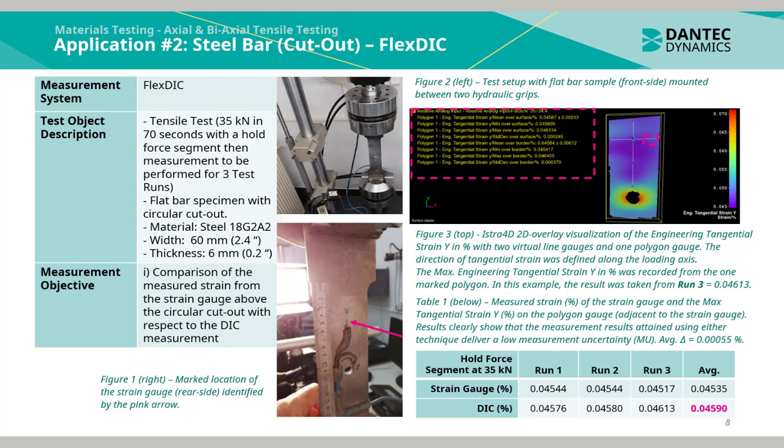In Table 1 below, we can compare the measured strain of the strain gauge and the maximum tangential strain in Y on the polygon gauge, which is adjacent to the strain gauge on the other side. Results clearly show that the measurement results attained using either technique deliver a low measurement uncertainty of less than